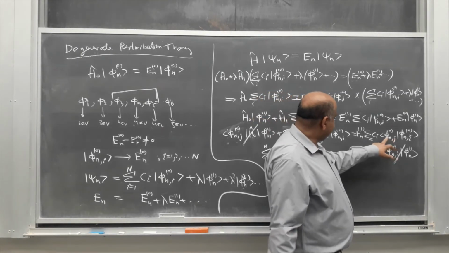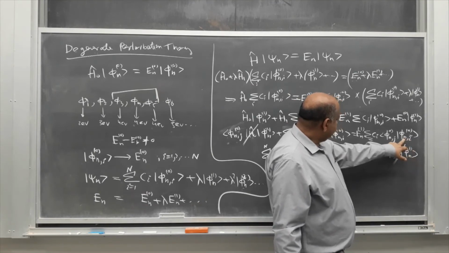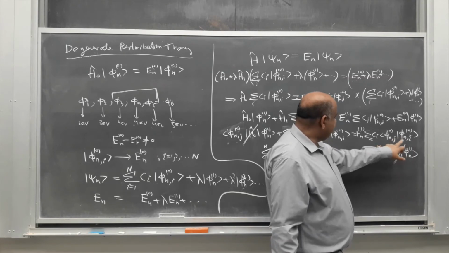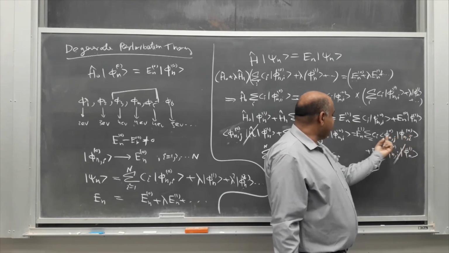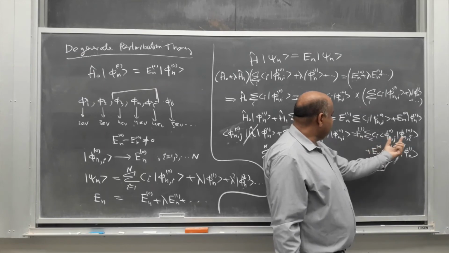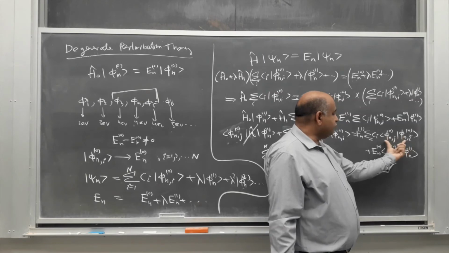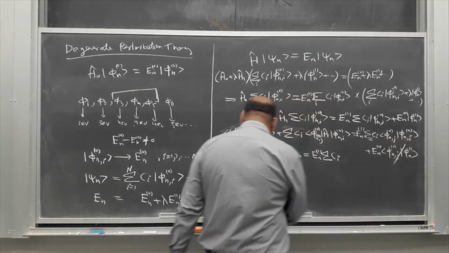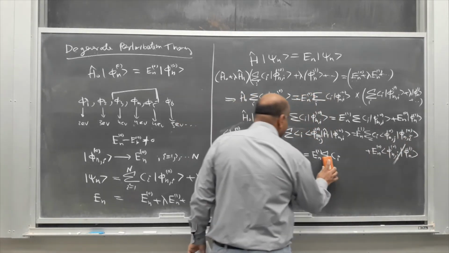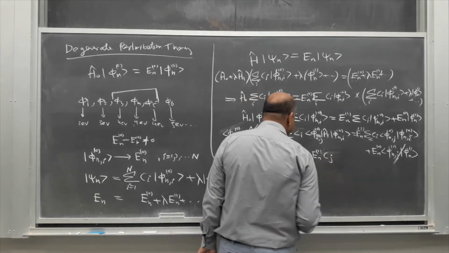Now this product phi nj into phi ni will be non-zero only when j is equal to i, and it will be 0 if j is different than i, because these eigenfunctions have the same eigenvalue En0, but they are still orthogonal. So it means that when they are different, the inner product will be 0, but only when they are the same, when j is equal to i, this product will be 1. So let's simply put Ci equal to Cj,